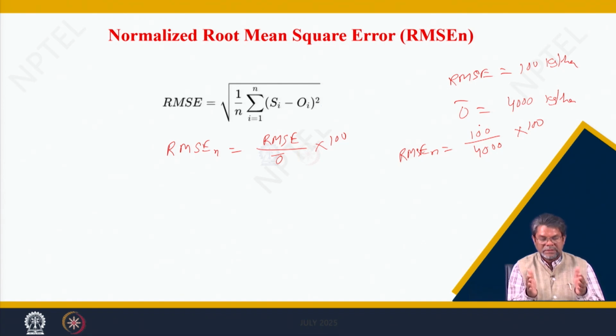Instead of the root mean square error, which gives a particular value only, when you go for the normalized root mean square error, that gives the error as compared to the observed value or experimental value. This gives more realistic information about the simulations, how far the simulation value is from the observed value. So, our purpose is to bring it close.